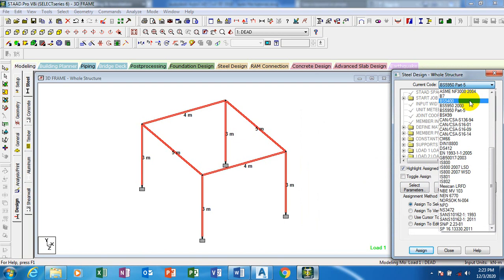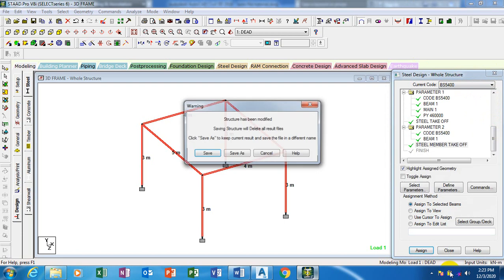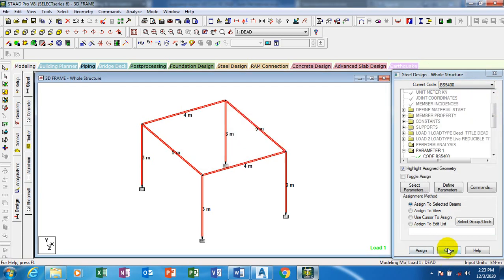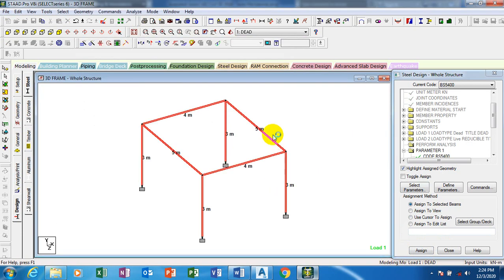But I'm just going to leave this as it is. On our next video, I'll be taking you through properly how to assign all of these because we are going to be considering some live designs on this. So I'm going to leave this as it is, and then I will go down to my analysis again. I'm going to reanalyze this. I'll run the analysis. If I go down to my view output and I click on done,